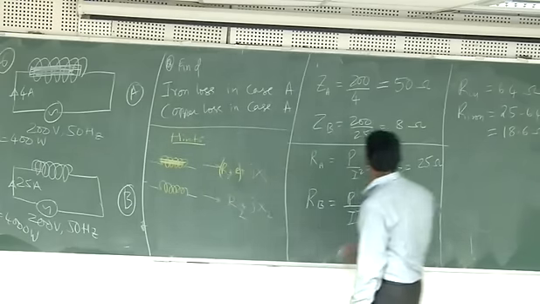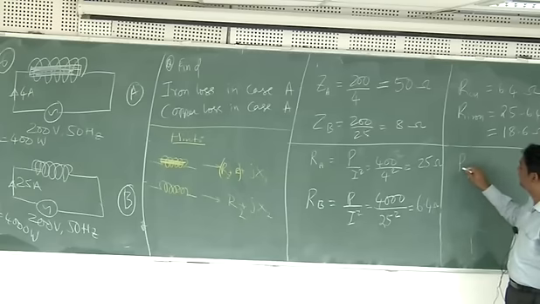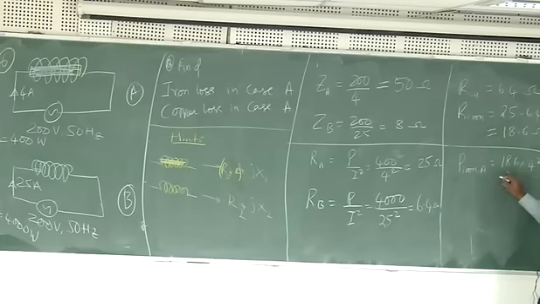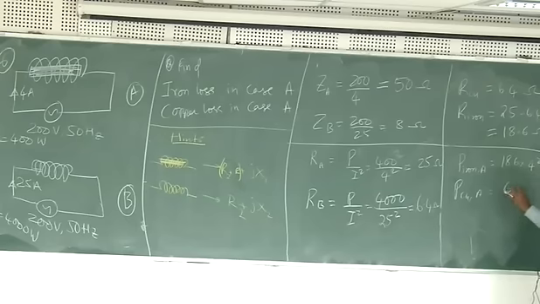So this 18.6 ohms is an imaginary resistance which represents the iron losses in the case of this one. Okay. Now I can calculate, let's say, P iron in the case A. That will be I squared into R, 18.6 into 4 squared, and then P copper in the case A will be 6.4 into 4 squared. Okay. So these two in addition will again come back to your 400 watts.